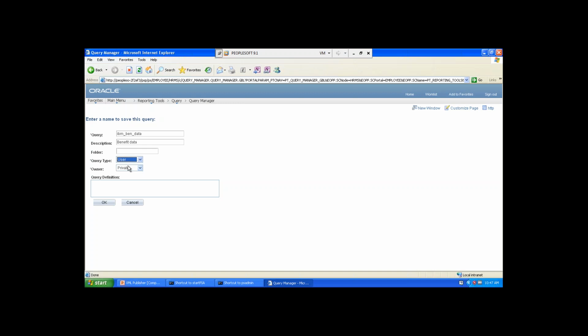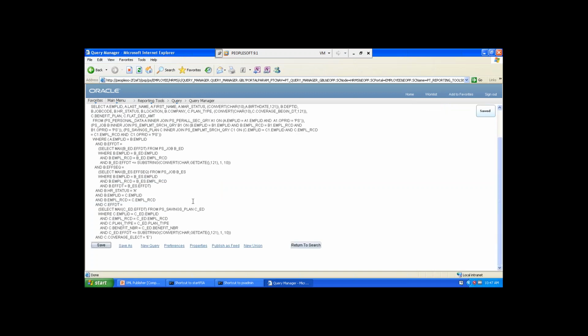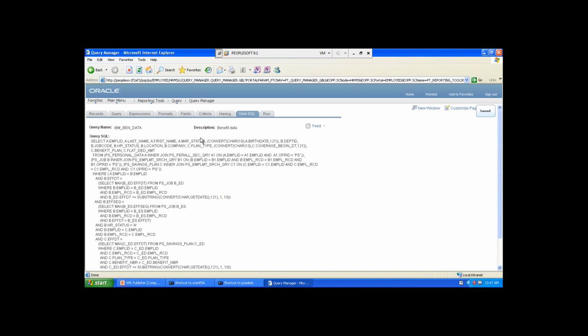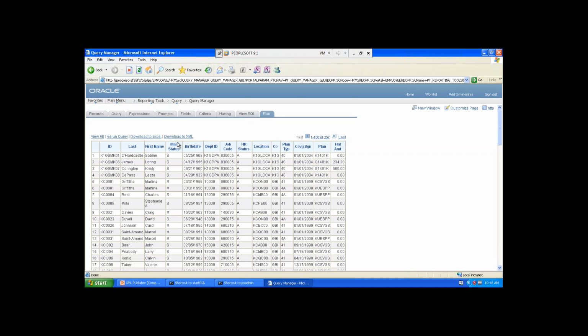Here the query type is the user query, and the query owner, please change it to public. Why? Because if you make it a private query, you are the only authorized person to run the query. It depends on your user choice. You can click on it. IBM benefit data. Now, if you click on run, you can download this particular data into Excel,